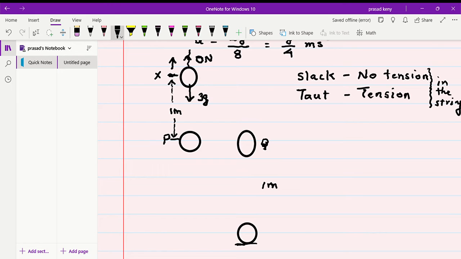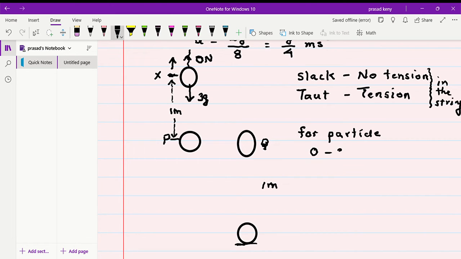The resultant force is still up. So what will be the resultant force on this particle P? The resultant force F will be 0